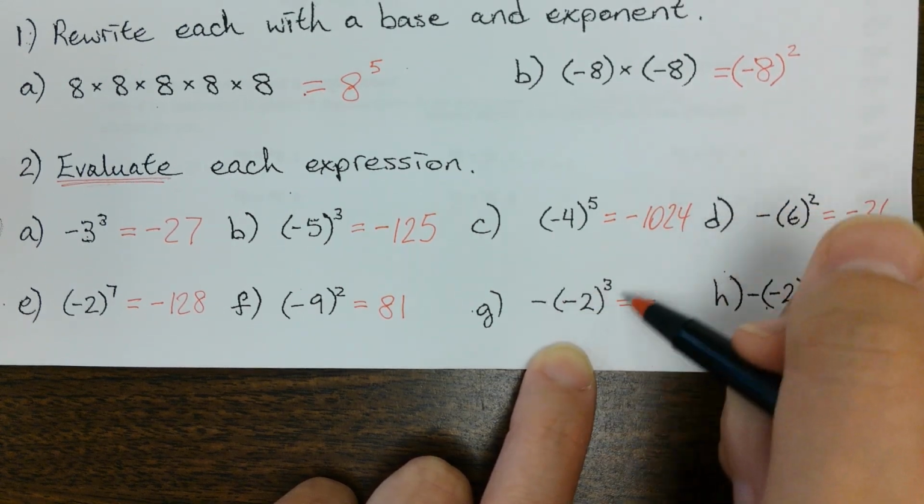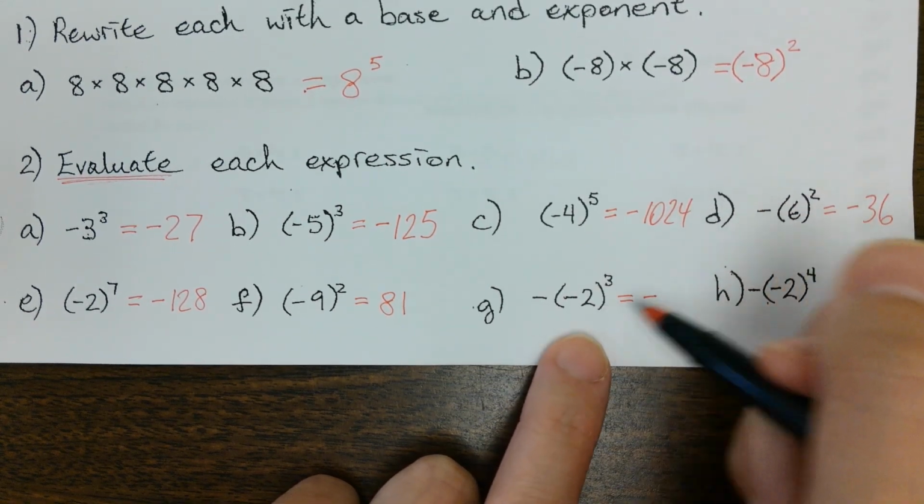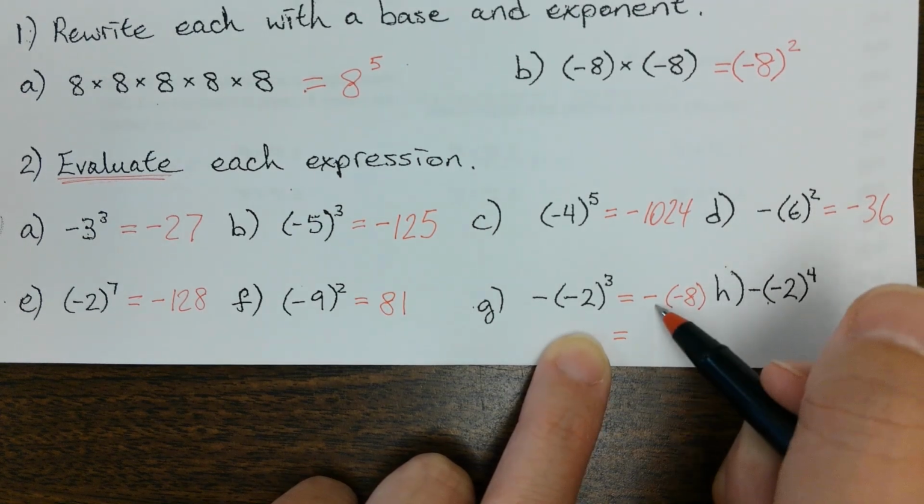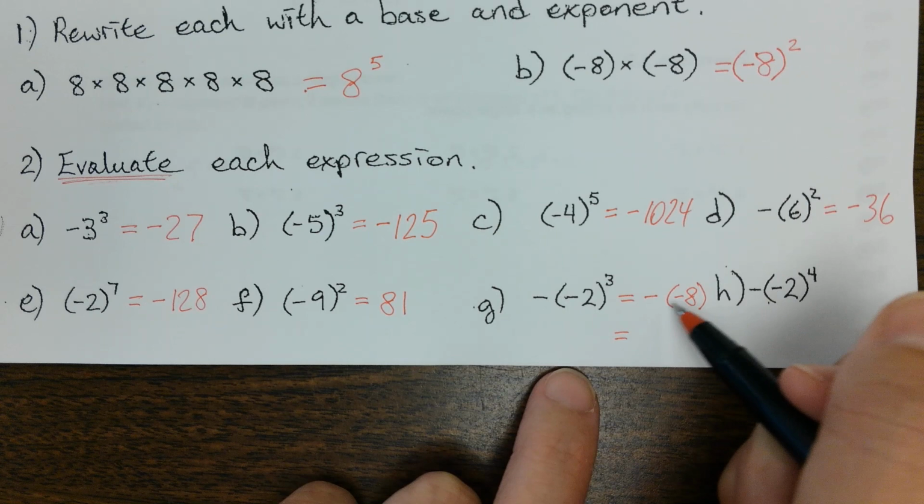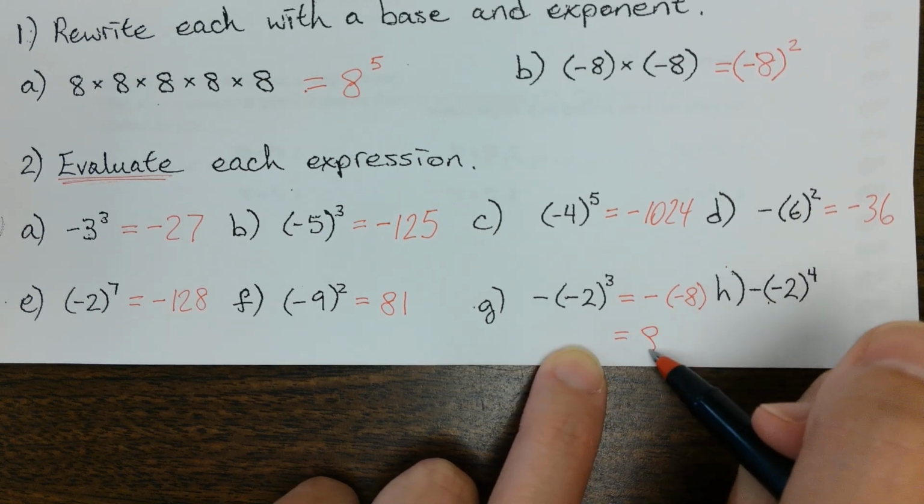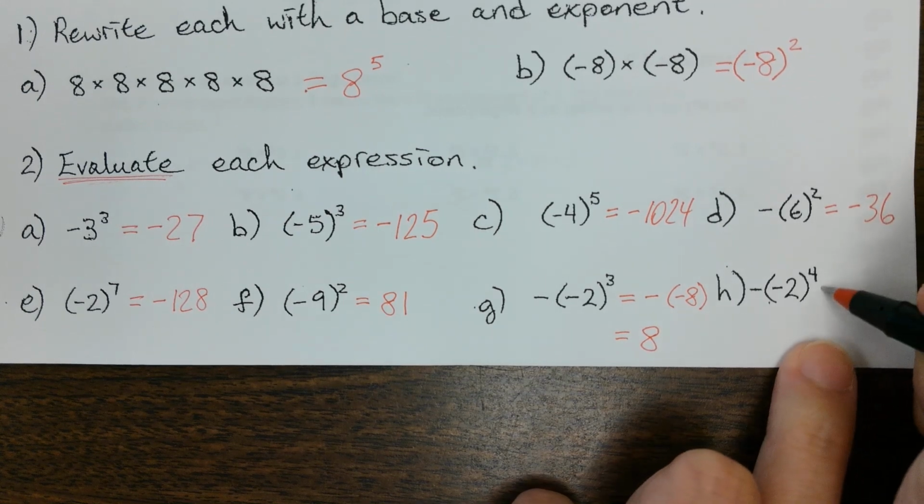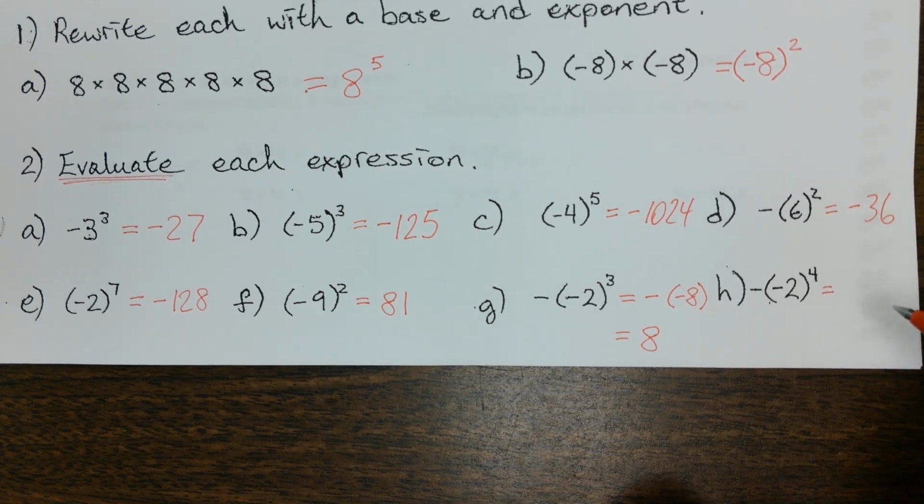The negative on the outside, and then negative 2 times negative 2 times negative 2 gives you negative 8. And then negative times negative together gives you the positive 8. So this one was tricky. So, Mohini,